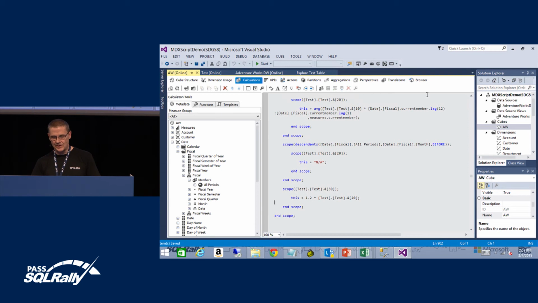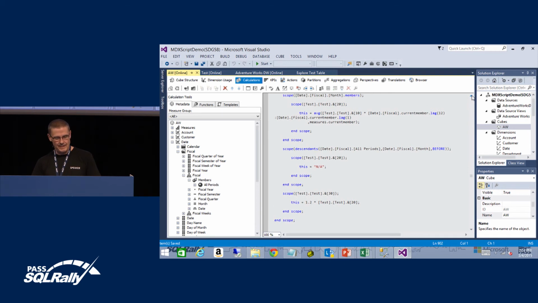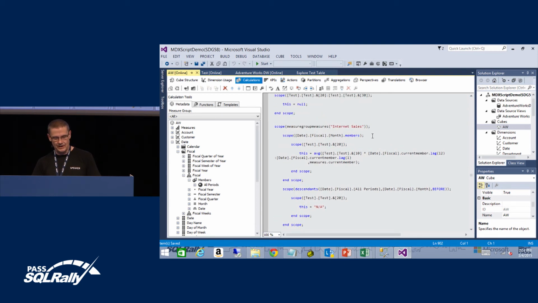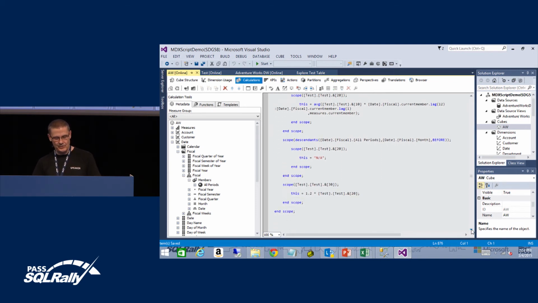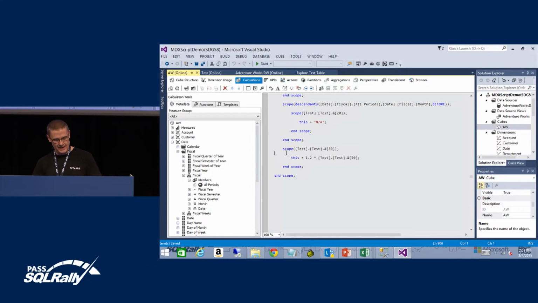Okay, I do see the problem. It's because I forgot to limit this one also by month. I had to limit both by month because I was assigning these NA values. NA values are strings. I better not be multiplying my NA values. So that way I'll just add in the additional assignment of the month, and hopefully,